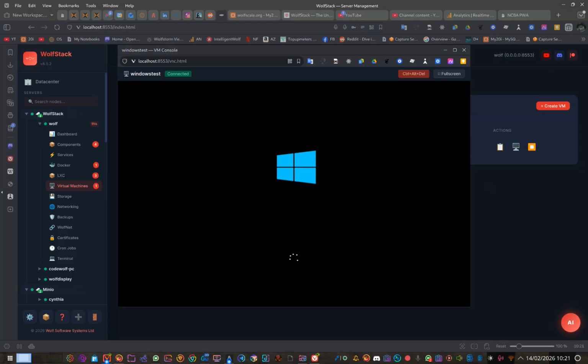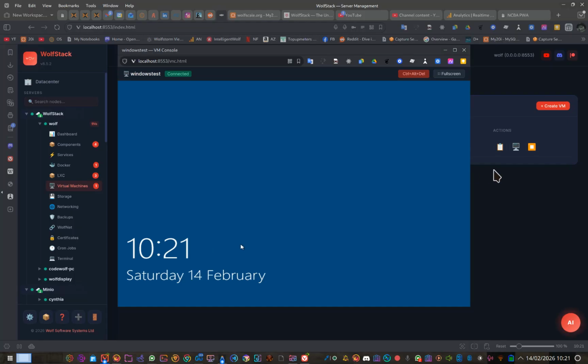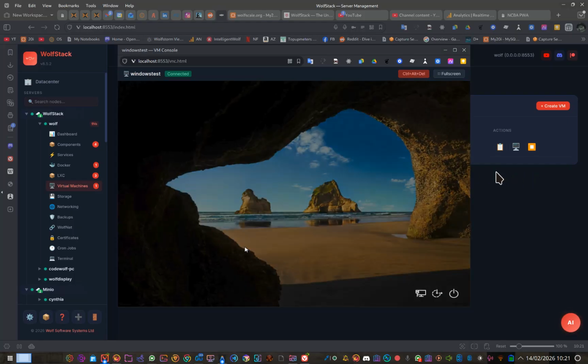So basically we are going to probably talk a bit about the roadmap. We're just working our way through things like we want to do migration across clusters, so you can migrate a Proxmox container to an LXC container from one cluster to another. And it's Proxmox backup compatible as well. So you just enter your Proxmox backup details, and you can use Proxmox backup with WolfStack directly. That means you can back up. The other way of doing it, of course, is to back up the nodes, but because this sits on top of Proxmox, you don't have to migrate your stuff. You can leave it exactly where it is and not touch it, and just use all the fun facilities of